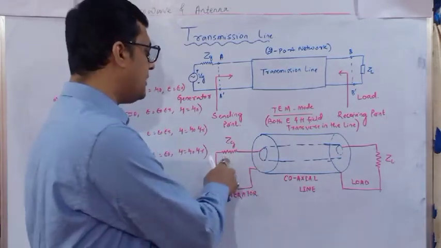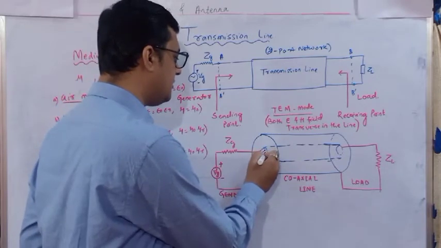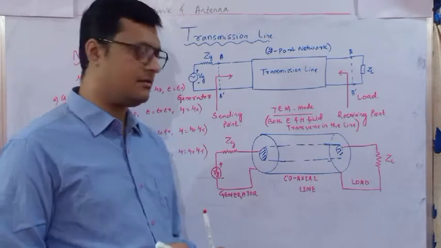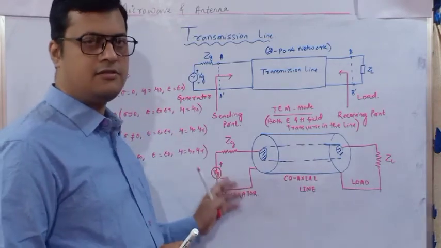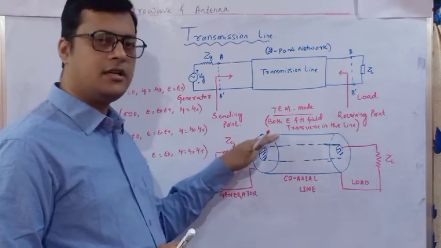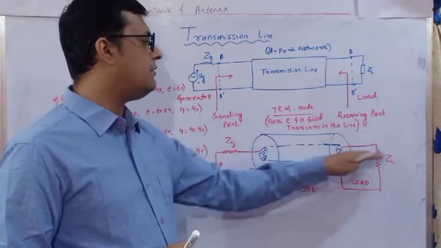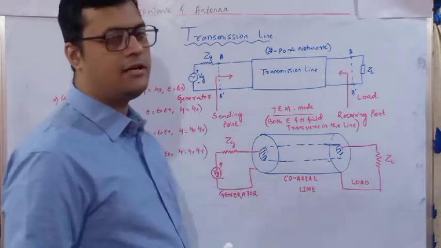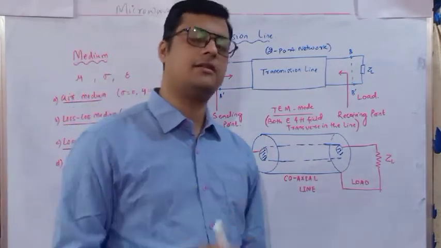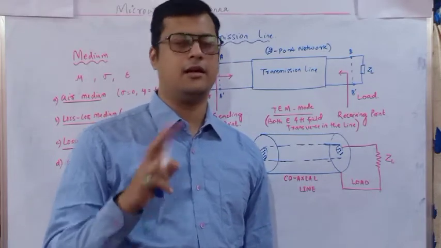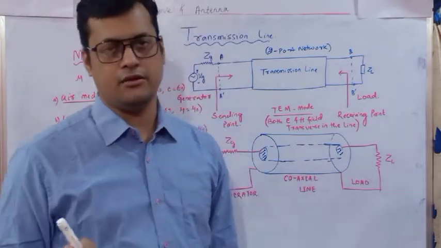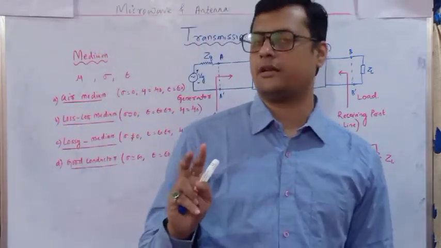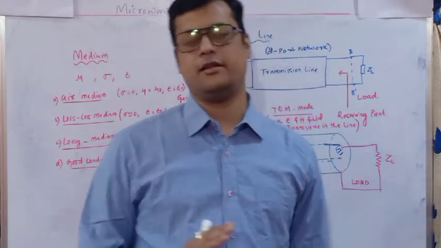This core is energized with a source Vg, which is the generator point. When we deliver this potential in the core, it will be delivered towards the load terminal, which is called ZL. Now, how the electric field and magnetic fields are generated, that we also discussed in the last class. If there is a two wire line, how the electric field and magnetic field are generated, and if it is a coaxial line, how they are generated, that also we discussed in the last class.